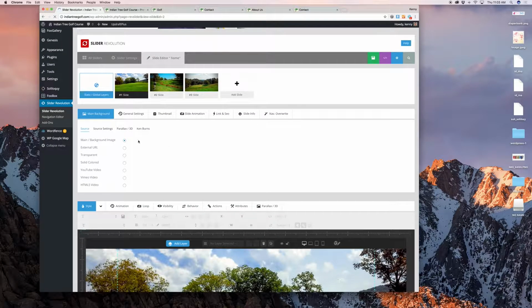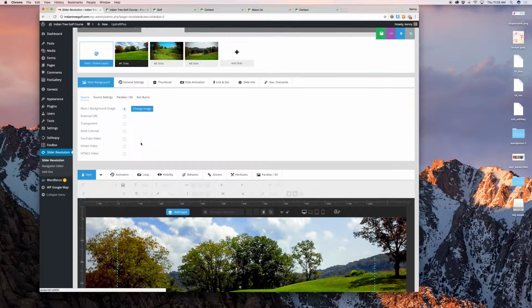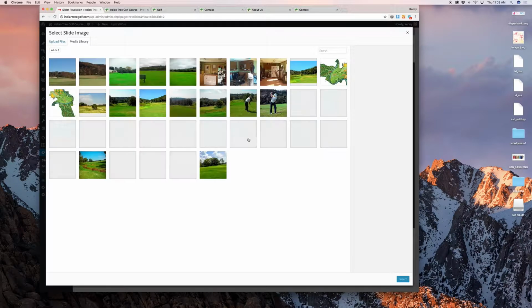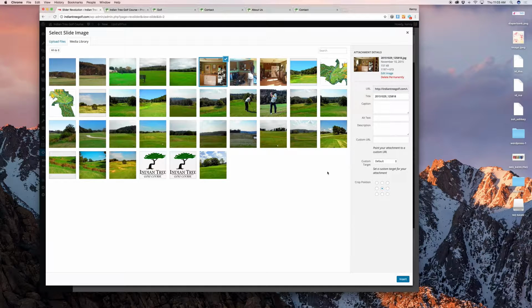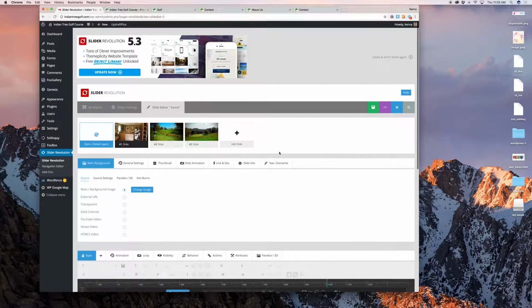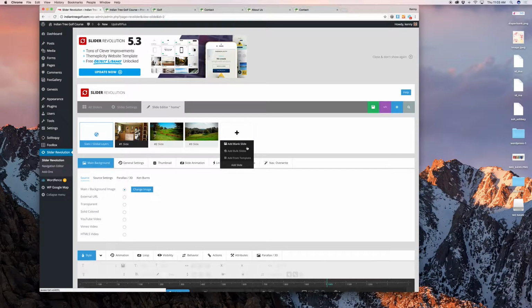You go in here, we have this main background image being set here. Click Change Image, enter in whatever it is you want, click Save, it becomes live. If you want to have a new one, then you can add a blank slide, or if you want to make sure that it keeps maintaining the same sort of movement like ours do right now and all the settings are the same, you can click Duplicate,